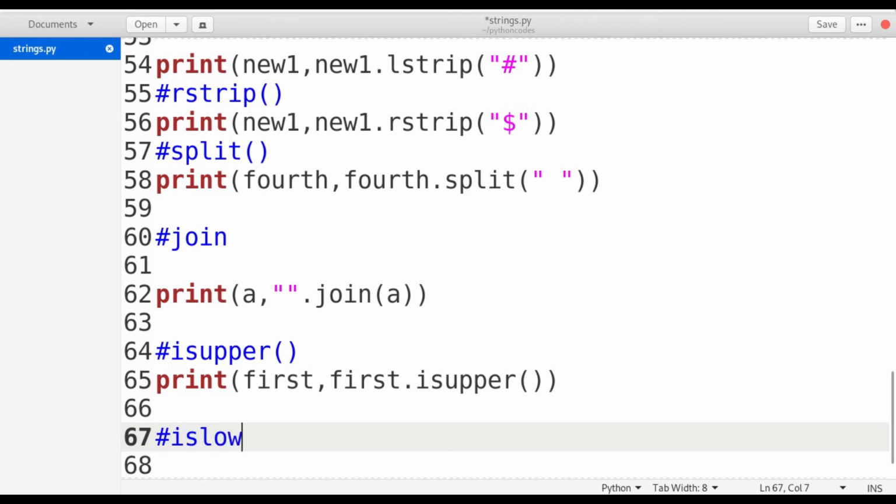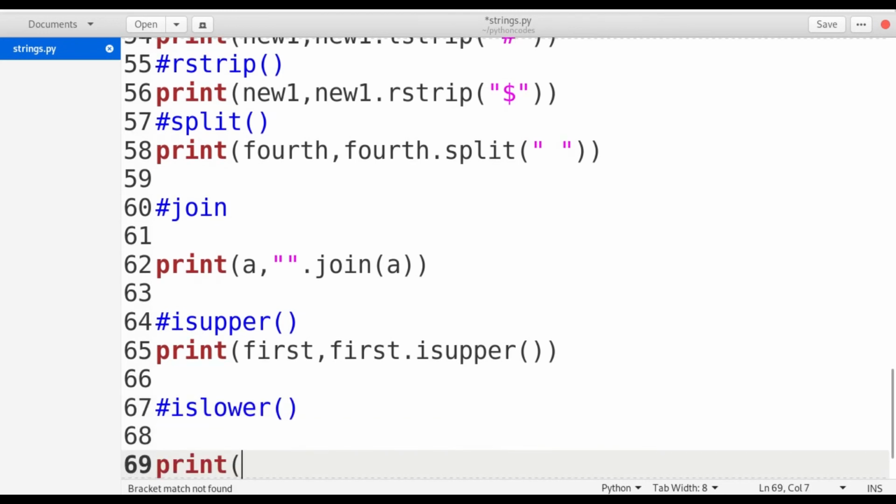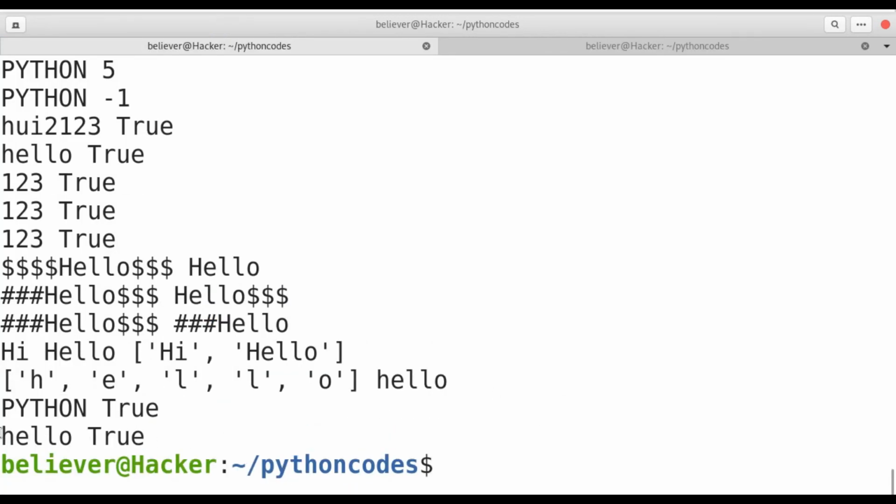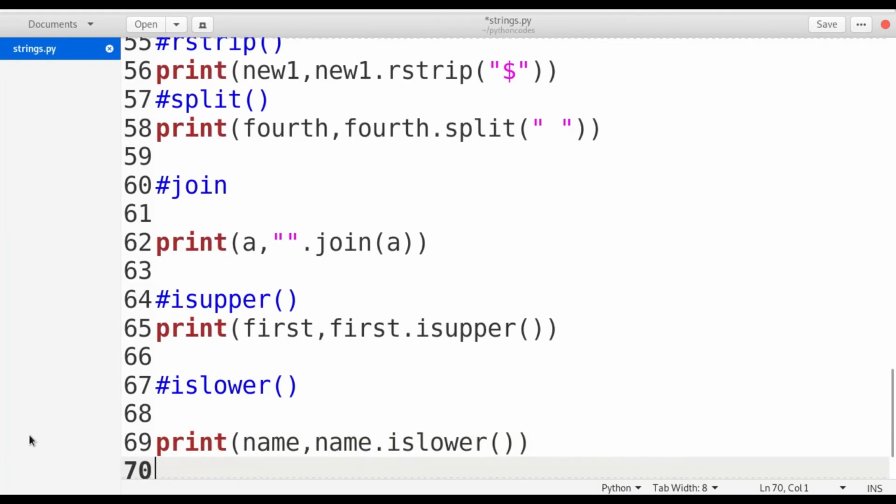Now I'm using is lower. I am applying this on name comma name dot is lower. I get true because the complete string is in lowercase. Suppose if it is not in lowercase, I'm getting false.